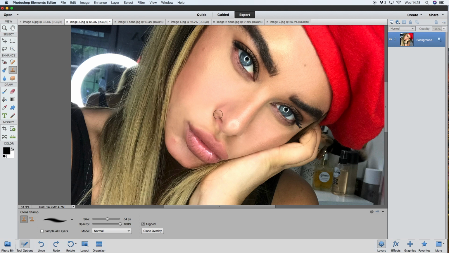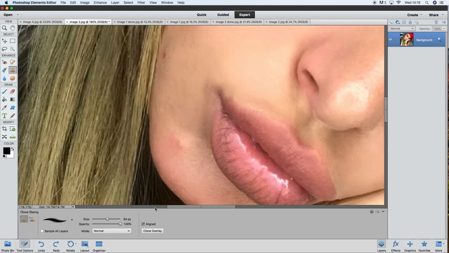So obviously, I never use it on 100%. So I would turn that down to usually about 44, and it's actually a bit big now, so 50. So here's my thing, and I want to cover up this red spot, and also it's just a bit red here from this spot. So I need to look around the area, and it's just from this area. So I'll click Alt, click, move, and then you're almost copy and pasting. So you can see like the spot's gone, right? So just move it around, and I just kind of dot like that,